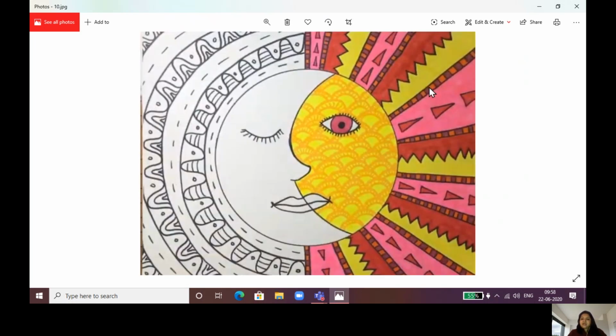Yes, now we are starting with the coloring over here. As you can see, I've made the sun using all possible hot shades, like all shades of red, yellow, and orange. It's completely your choice, you can color them anyhow. You can use all shades of warm colors in the sun part only, not in the moon part, because the moon part we're going to color with a cool color scheme.